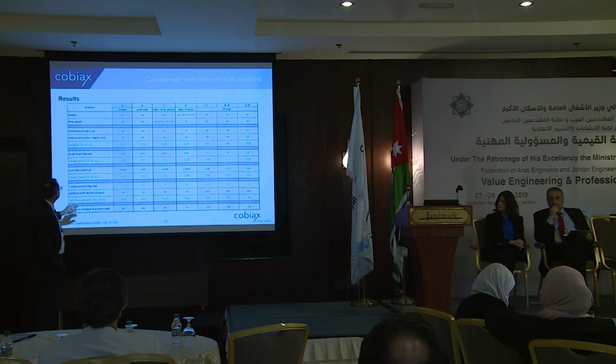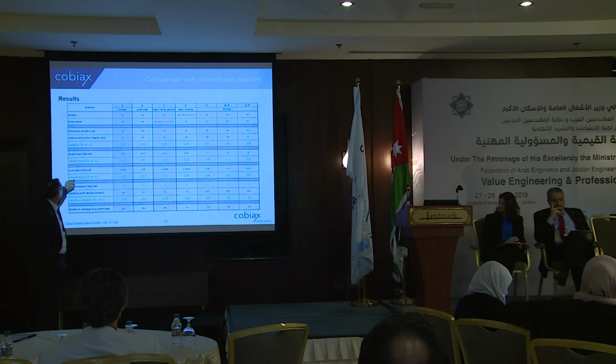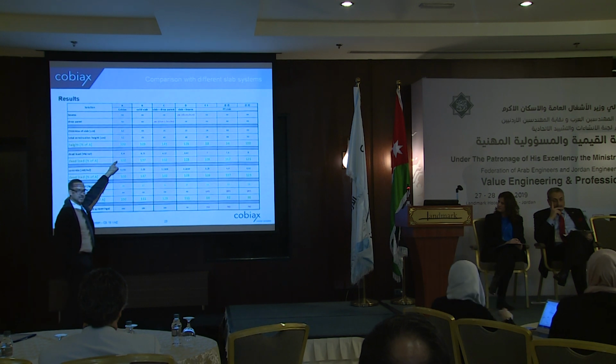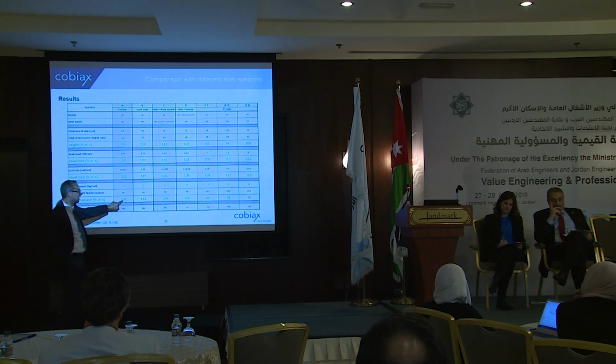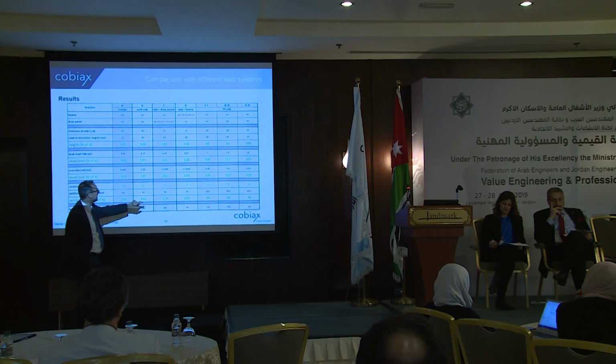So the next thing is concrete. That's wrong. That's here written dead load. That's a concrete amount. These are for sure the same numbers for the dead load. And the next thing that I've compared is the reinforcement, kilos per square meter. So for Kobiaks, you will find 100% here, 11% more necessary reinforcement for the solid slab,